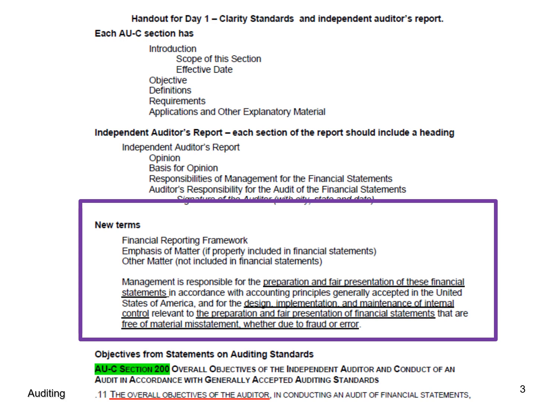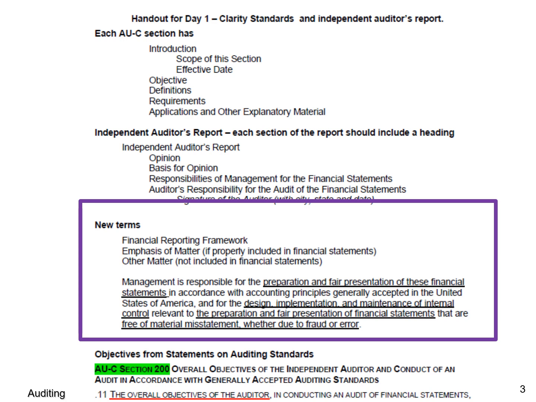It used to say management is responsible for the design and implementation of internal control. Now it says management's responsible for the design, implementation, and maintenance of internal control. So those are little things that will appear on the CPA exam where one of your answers will be the old answer and one will be the new answer.